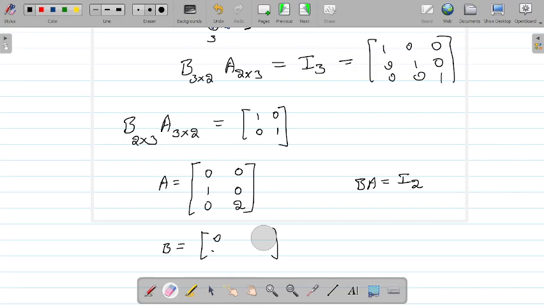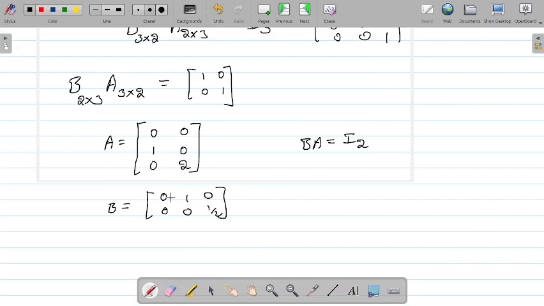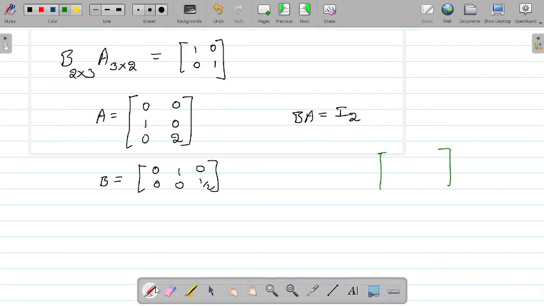So how did you think of it? Did you assume unknowns A, B, C, E, F, G, and then you calculated and found out what the unknowns are? Is that the way you did, or any other way? Yes, sir. But that's a long process. But we can see that the second row in A has 1, and we need identity matrix 1 as the first element. So the second column, first element should be 1. And 2 into 1 by 2 will give 1, sir. So like that you can directly.